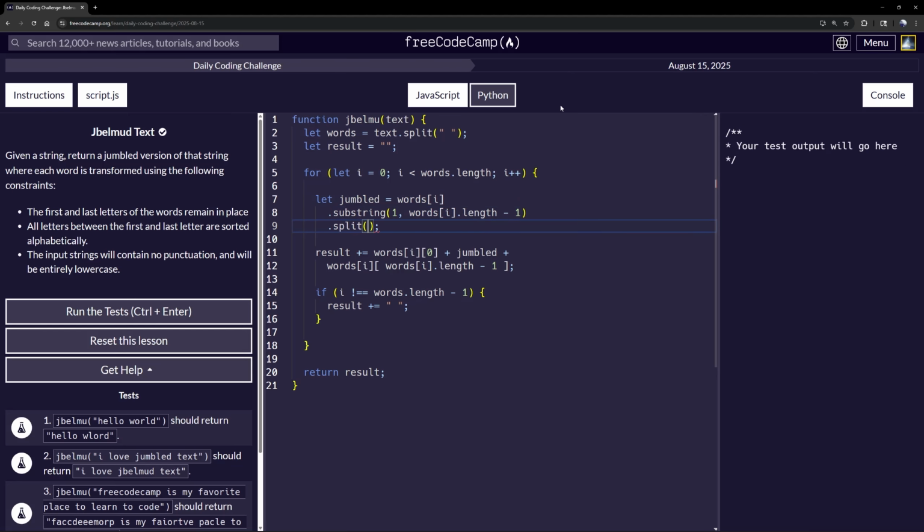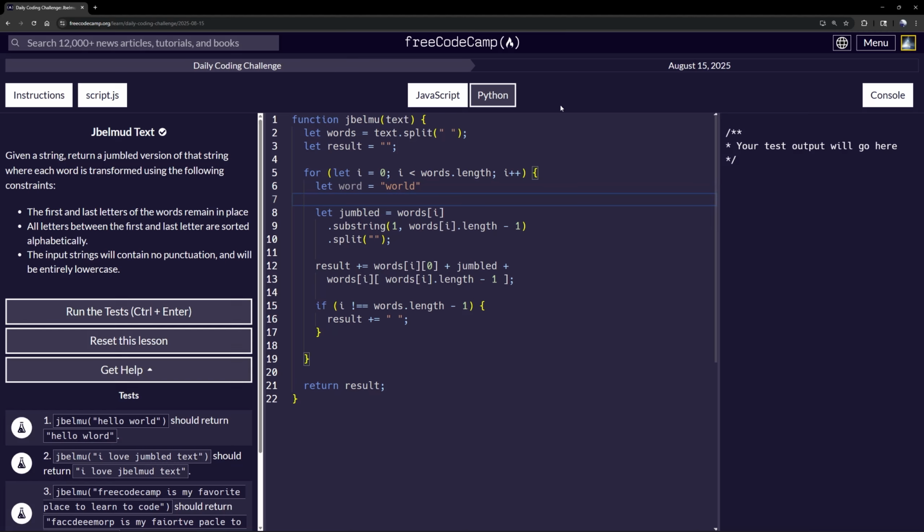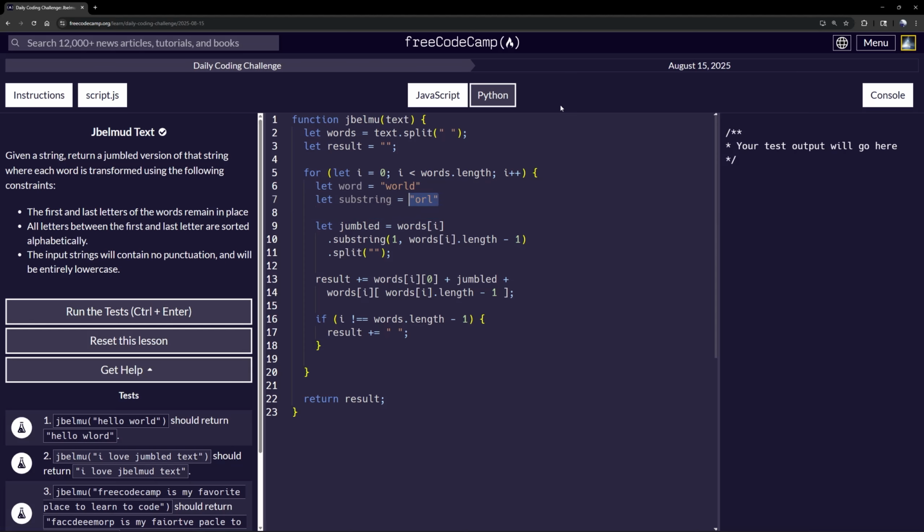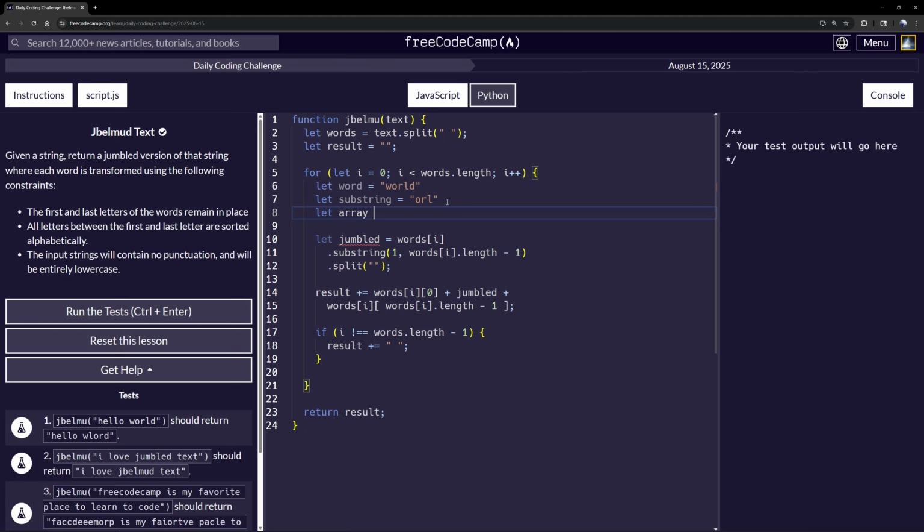Next, we can split it, because we have that string content. So if our word was world, right? If our word was world and we just took the substring, it would be that, right? Now we want to split that, which is the result of our substring here, into an array. So now that array would be,